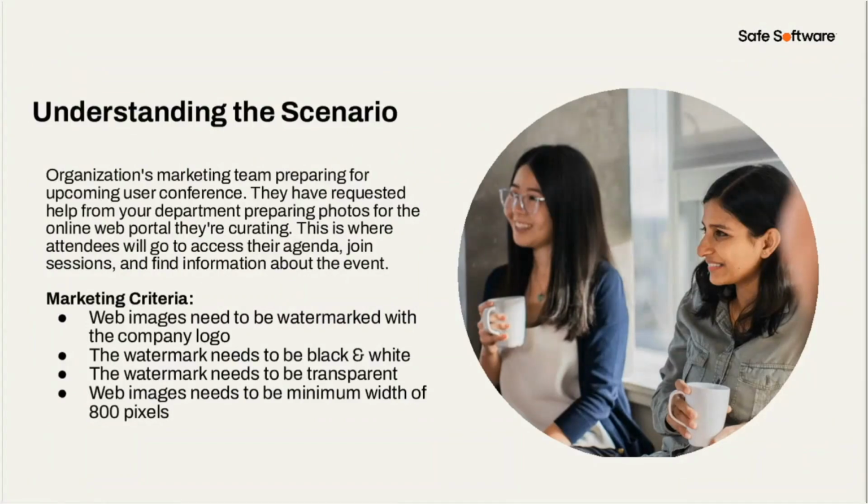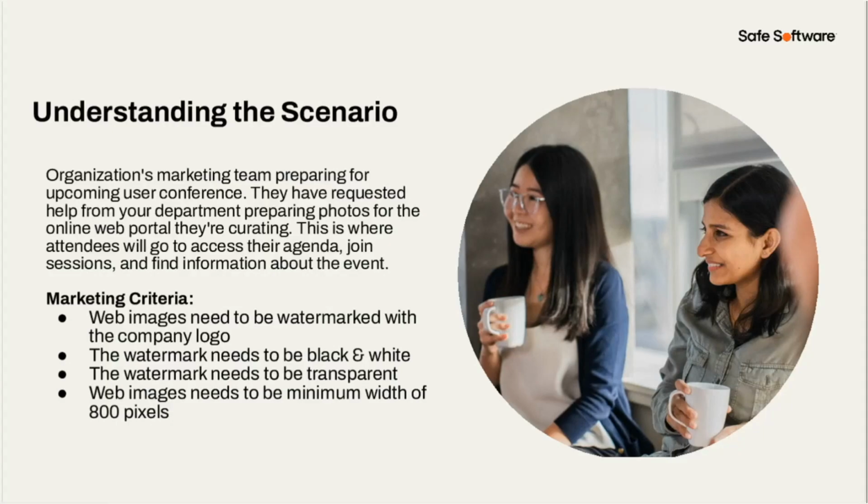This is where attendees will go to access their agenda, join sessions, and find information about the event. Marketing has provided this project with 4 criteria, so let's go through those. So web images need to be watermarked with the company logo. You can see we're staying on theme here. Watermarks need to be black and white as well as transparent, and web images need to be a minimum width